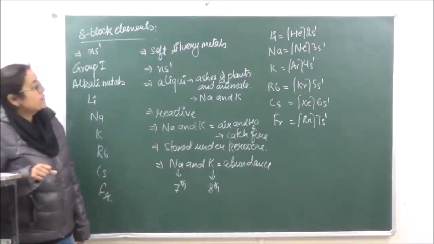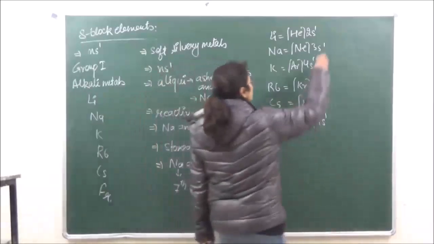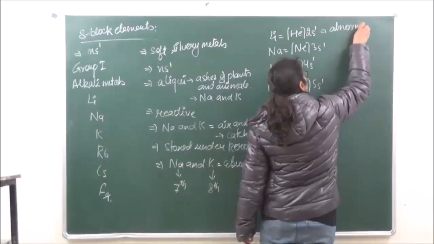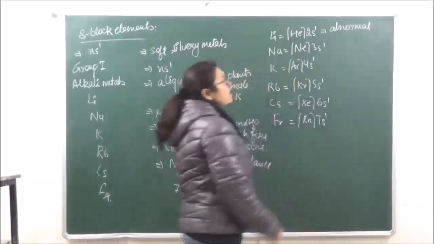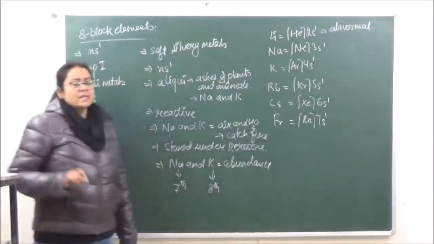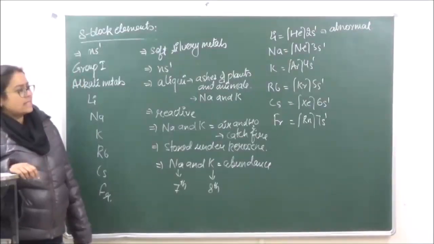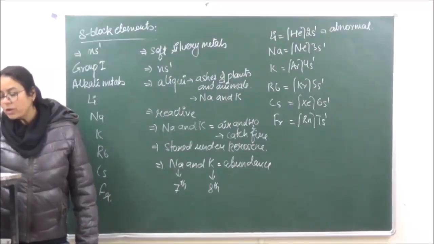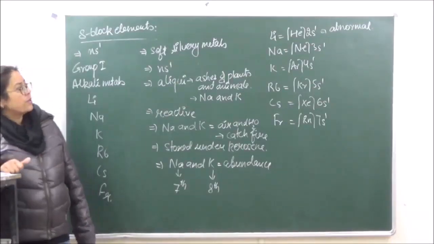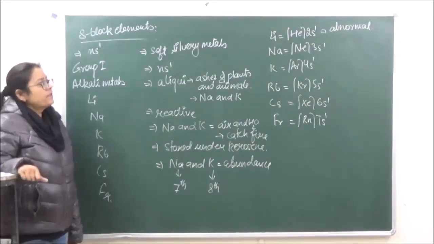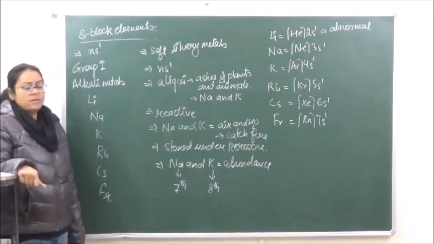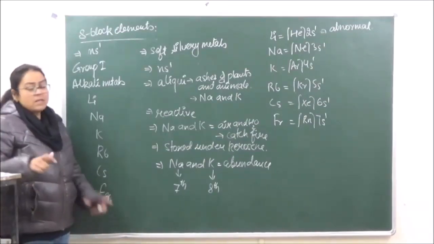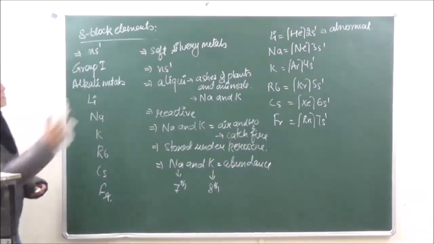Now over here it will be seen that lithium is going to show certain abnormal properties compared to the rest of the elements. The reason behind this is that it has a very, very small size and quite a high ionization energy. So because of its electronic configuration, it is going to show different behavior than the rest, which we will definitely study as we progress through the chapter. So let's go on to our first topic over here, which is physical properties.